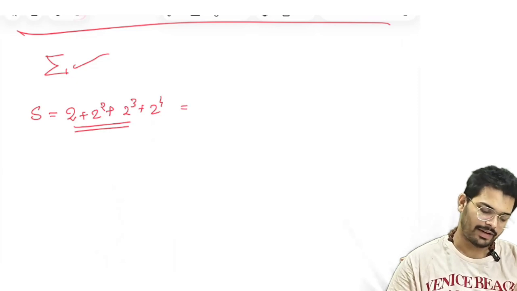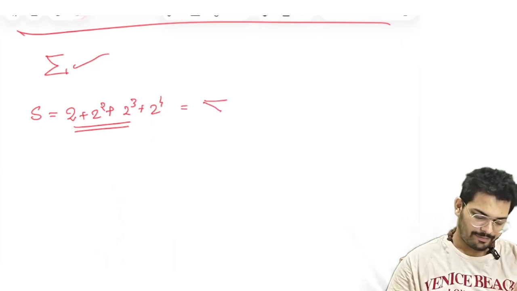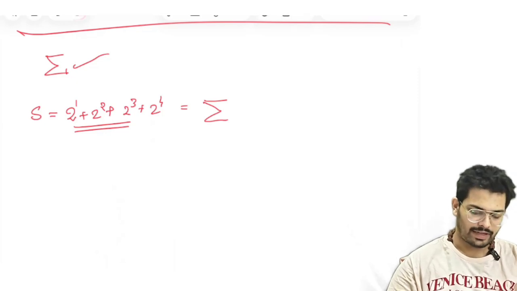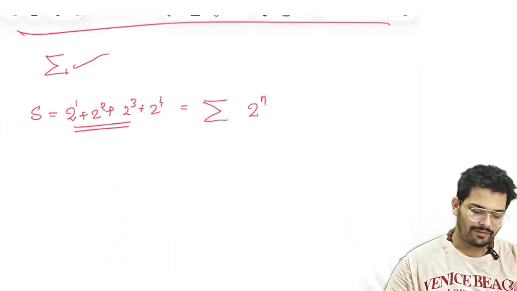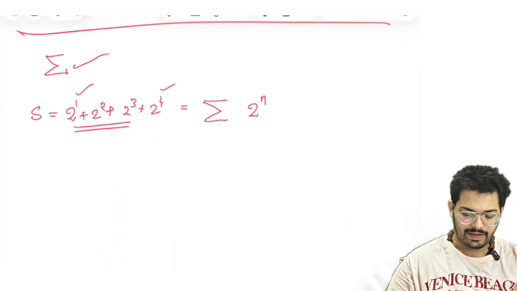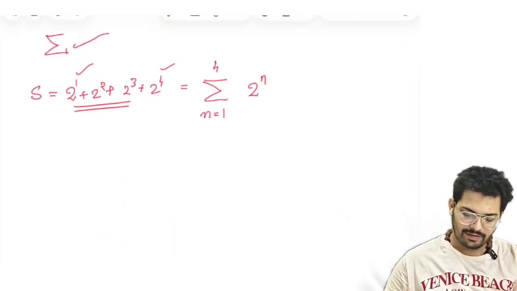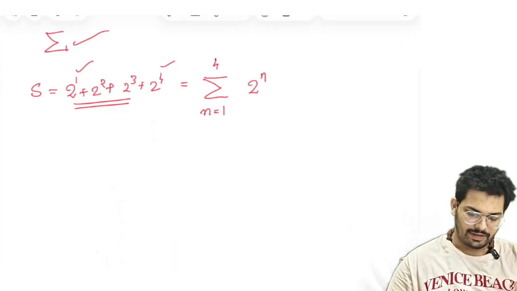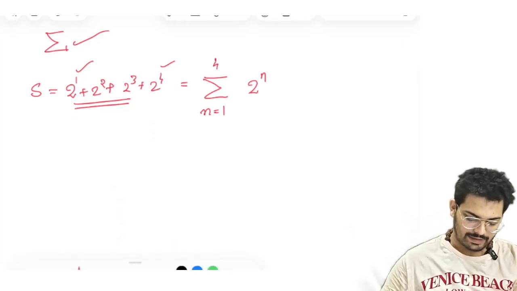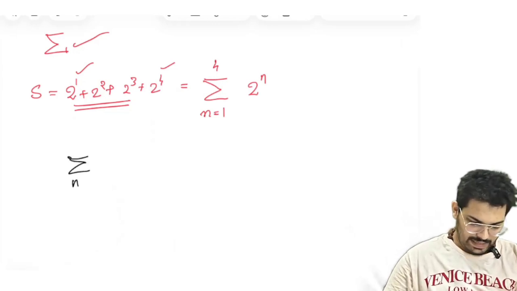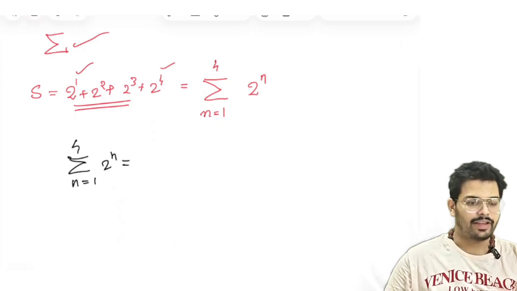For example, this can be written as sigma 2 raised to 1, 2 raised to 2, 2 raised to 3, 2 raised to 4. That is, the general form is 2 raised to n, where n is varying from 1 to 4. N starting from 1, ending at 4. Now, when you get this, you need to do this only. If you are given something like sigma n equal to 1 to 4, 2 raised to n,